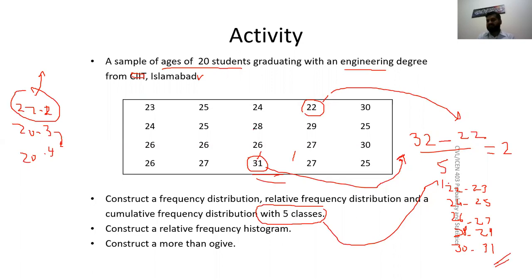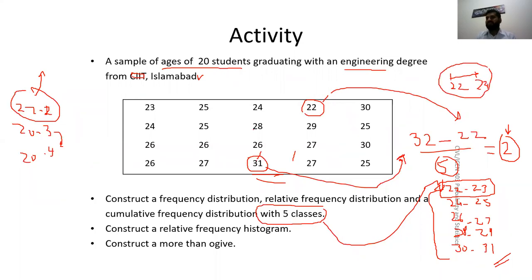You started from the smallest, and now you can count the classes. How many classes did you get? Automatically you will get 5 classes, because the formula said if you take a class interval of 2, you automatically get 5 classes. Now again, don't get confused. You can say that the difference from 22 to 23 is 1, but we are including both of them. 22 is included, 23 is also included. So basically there are 2 numbers, 22 and 23. So this class interval is 2.